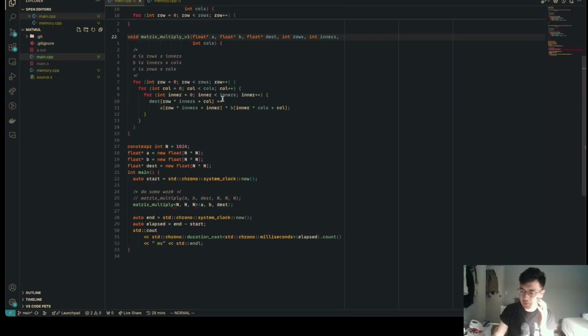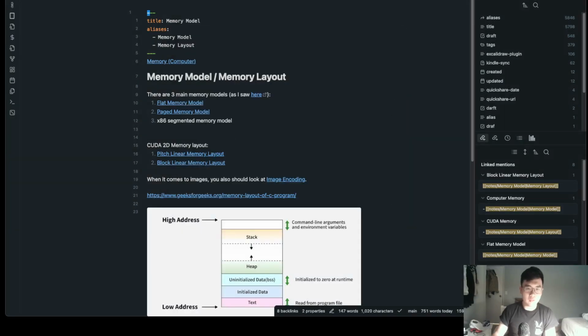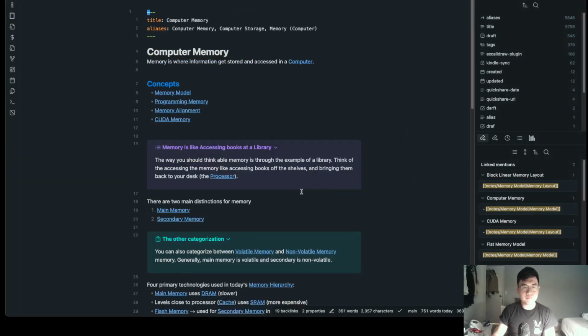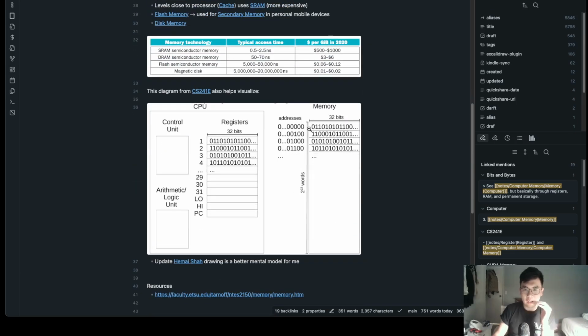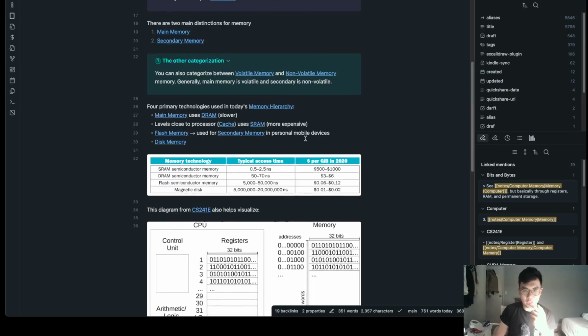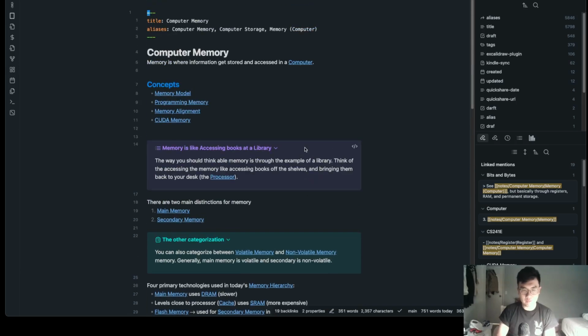So we were looking at matrix multiplication, and so we have this memory model, where our data, you can visualize it, well, I guess I no longer visualize it like this. I visualize it as going from